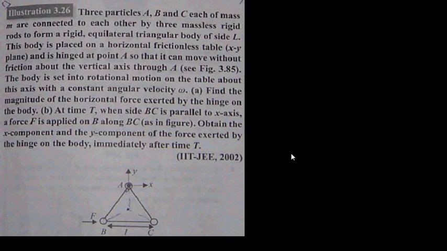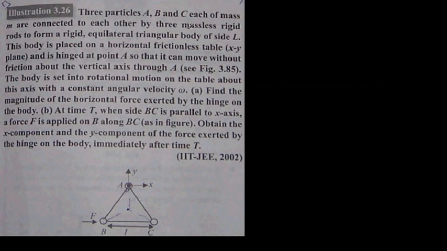Hello, welcome back. Today in this video we are going to solve a problem on rigid body rotational motion. This problem says there are three particles A, B and C, each of mass m, connected to each other by three massless